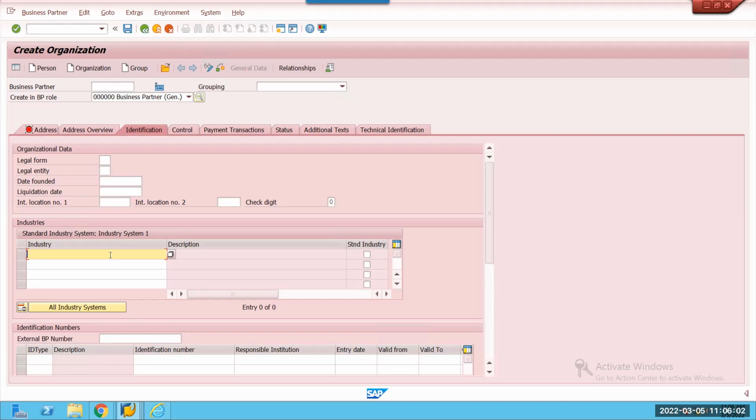Okay, Raj sir, I have one doubt, an extension of the same question. Initially we said if you are using decentralized S4 HANA, the master data and all we send by IDOC. But SIF plant and all we will still use, the SIF only, even though it's decentralized S4 HANA.